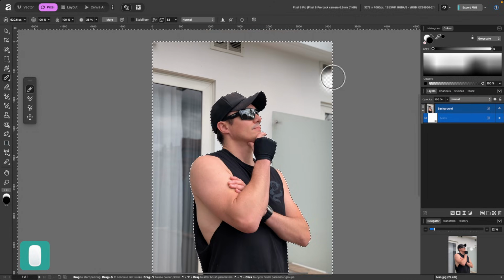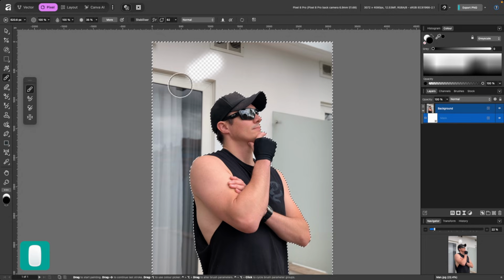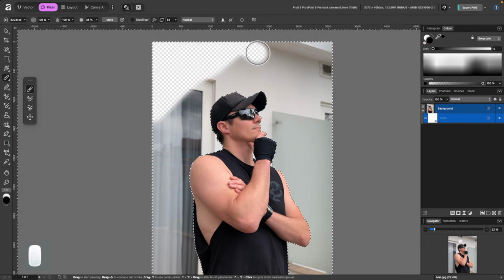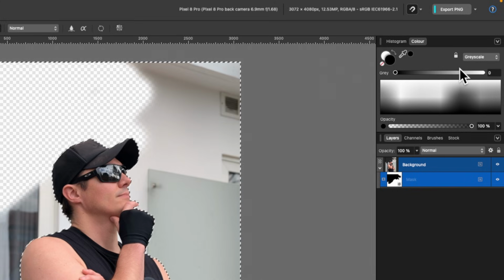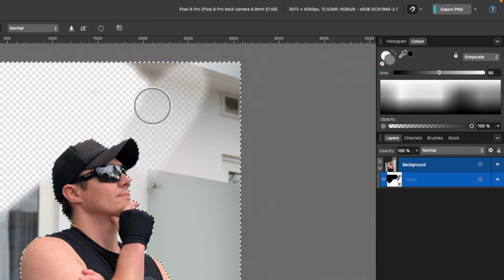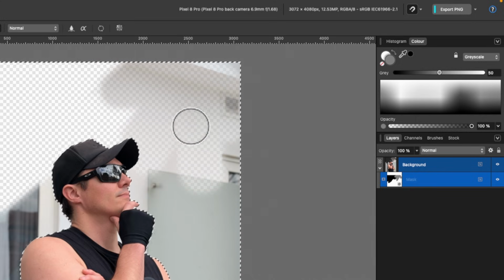And now you can see we have marching ants on the outside, and my black brush is now going to erase the background, as you can see here. And something else I haven't mentioned, that we're using black and white, but if you use maybe a gray, it will partially erase the background, as you can see. Maybe that's something you want, but just so you know, that's what happens.